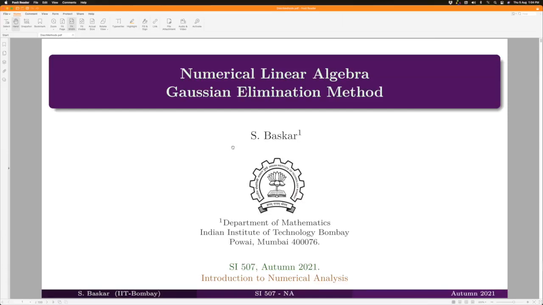Well, students, we have finished two chapters so far. The first one was on mathematical preliminaries, and the second one was on errors. Now we are into the third chapter on numerical linear algebra. In this chapter, we will mainly study the methods that approximate solution for linear systems. We also extend our study on methods for computing dominant eigenvalue of a matrix.